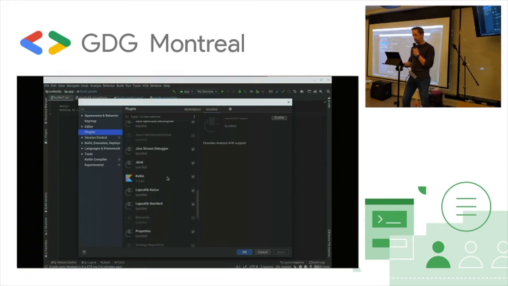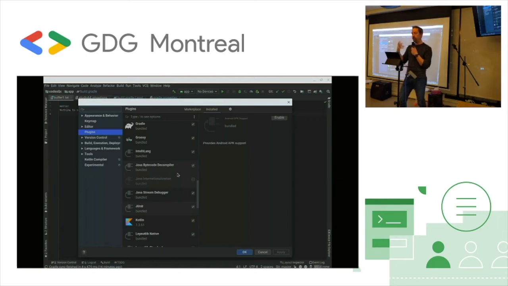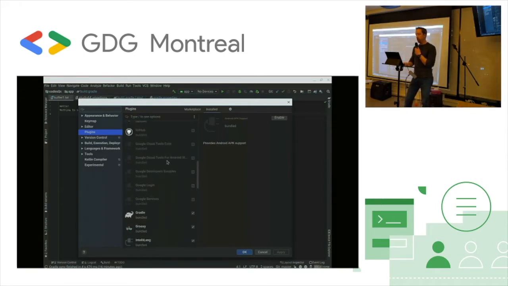One that is important is JUnit. We should all be doing unit testing, right? If you're not there yet, you can disable it, but you should still do it. So just disable everything. Android Studio is going to ask you to restart just to drop everything, and you should see right away that the open time should be a lot faster, and even when navigating through different files, it's going to be a lot faster because some of those are